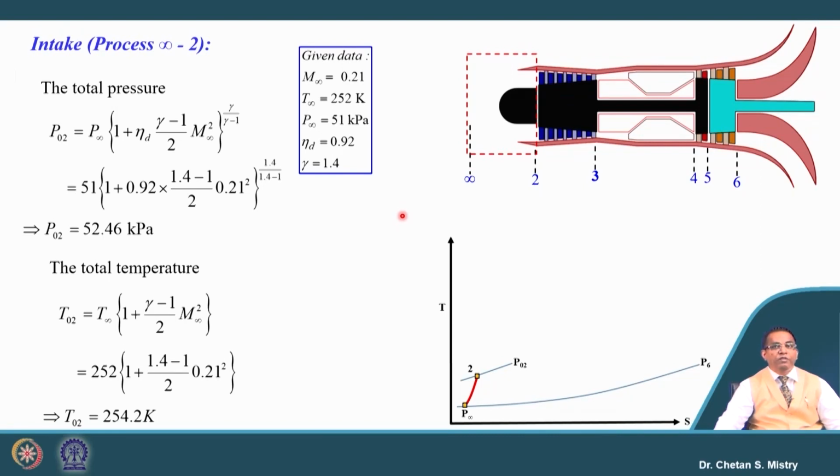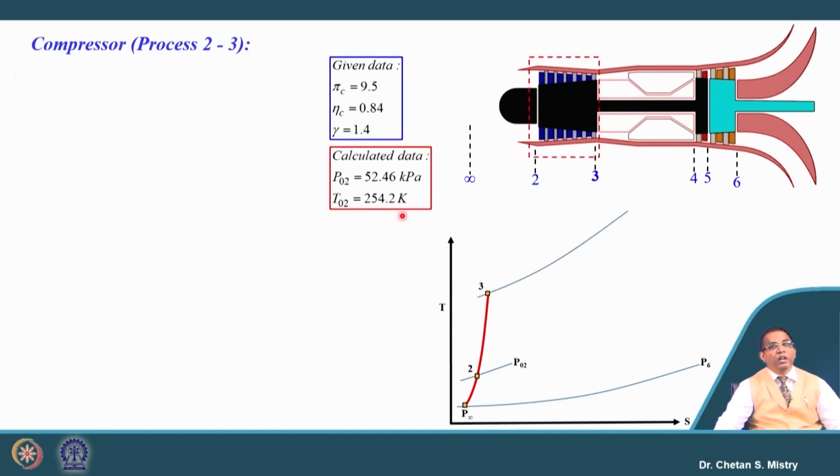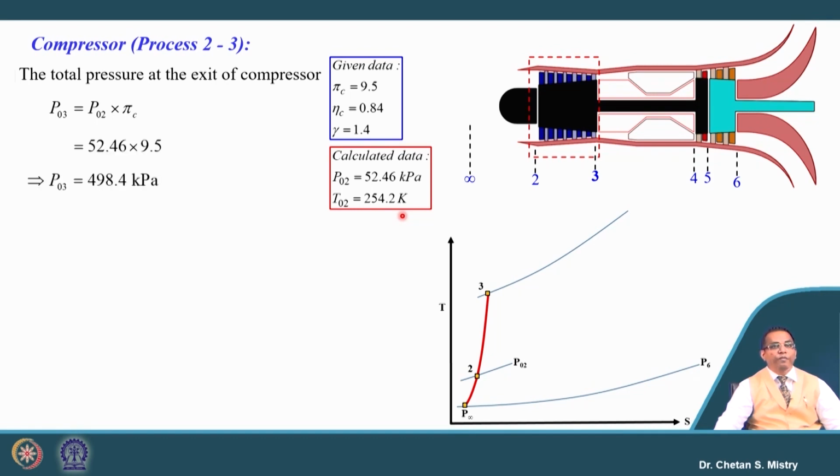Okay. So, this is the information at the entry of our compressor. Let us take the analysis for the compressor. We want to calculate the outlet pressure and the outlet temperature from this compressor. The outlet pressure can be calculated based on the compression ratio. For this engine, the compression ratio is given, that is 9.5. So, let us put that value. It will give the outlet pressure to be